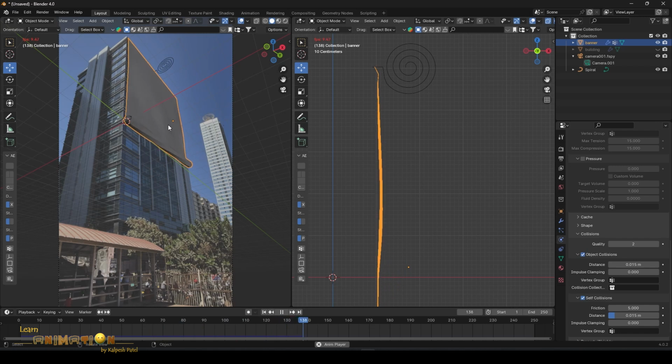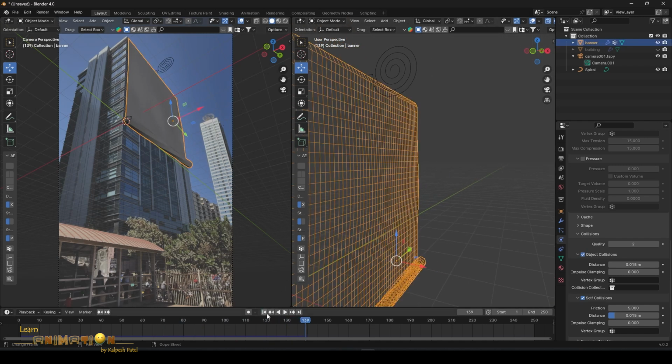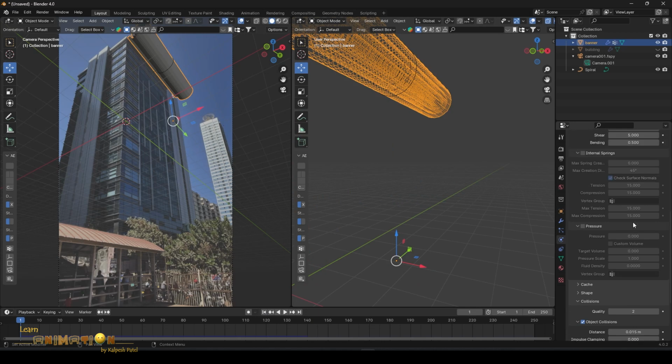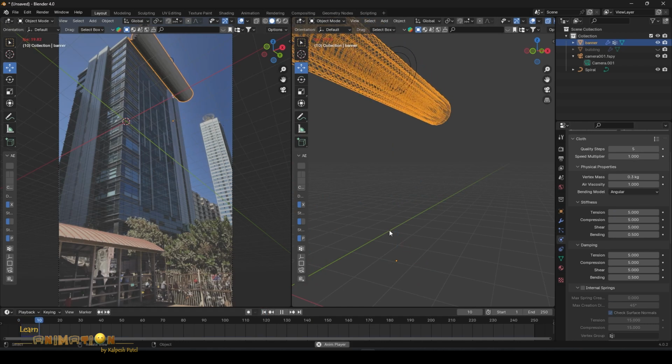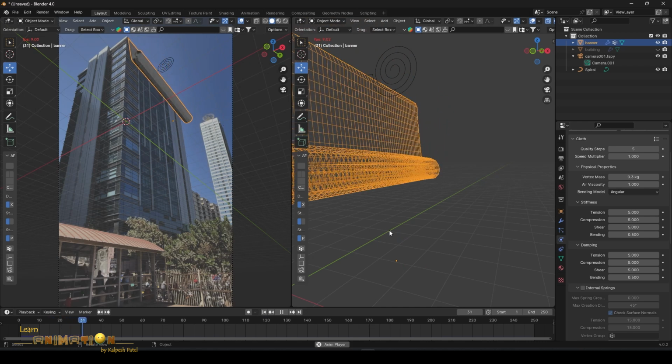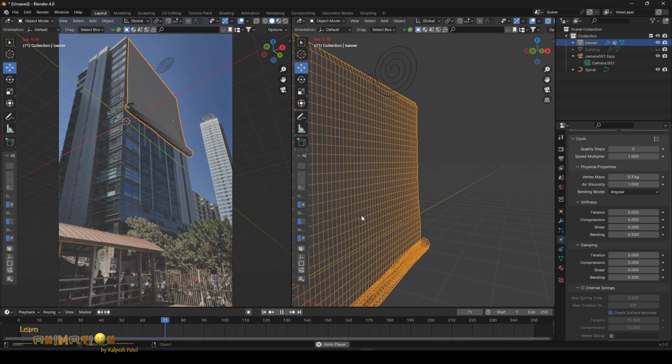If you feel it's very smooth and soft, we can change a little property here. Go to stiffness and make it 5 and compression also 5. So I think it will make the cloth a little soft and faster.